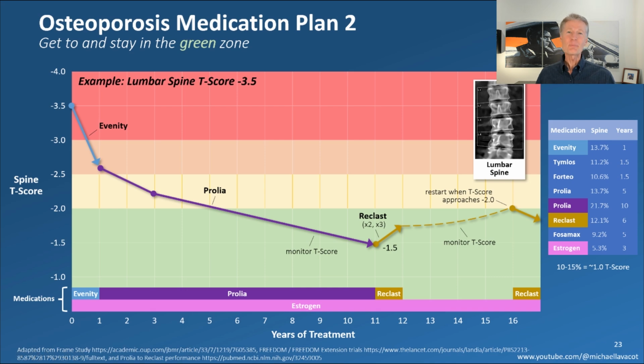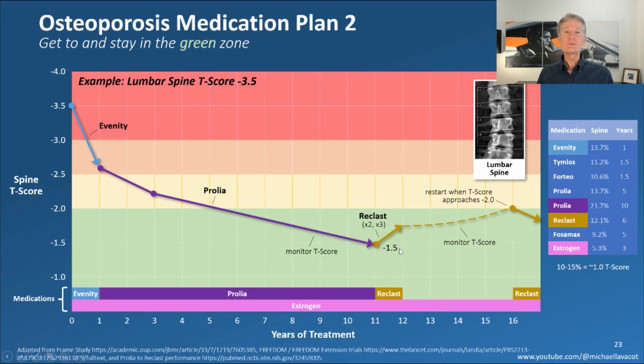And I happen to be out. I've been on Prolia for 18 months, and I'm out of the osteoporosis range, so I'm pretty excited about that. But of course, I need to drive it down further because I want to reduce my risk of fracture, and I'll probably be on it for 10 years, like shown here. But regardless, this is one solution that you can do here. And you want to monitor your T-score, and when you get down to about minus 1.5,